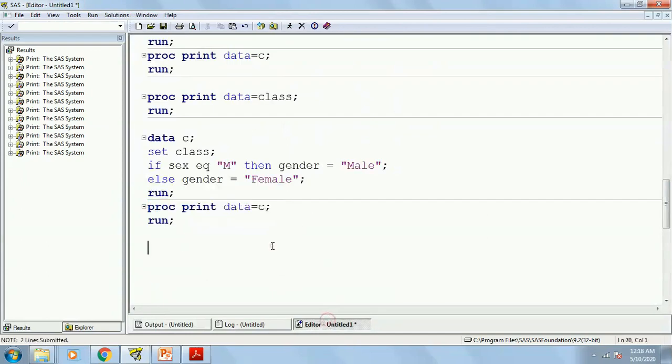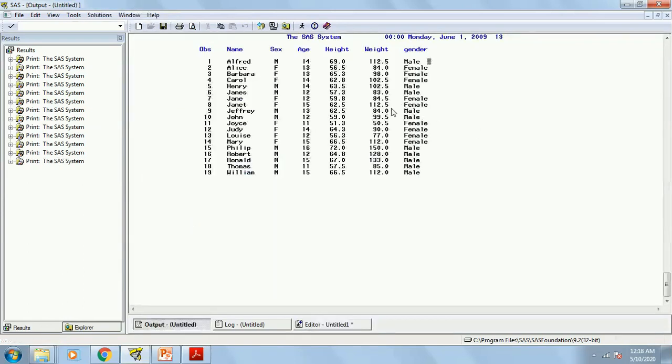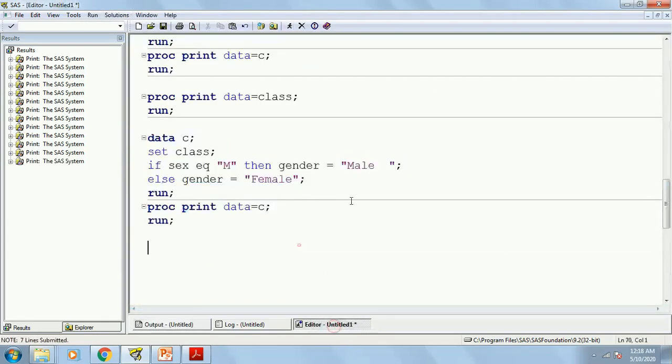Okay, so there can be a cheating you can do while writing male. If you add a couple of spaces, that means SAS will create it as 6 characters, then the female will come like this one. Now female will come, but don't do this type of cheating. Okay, this is not good for coding. Moreover, you will be having extra spaces in your male.